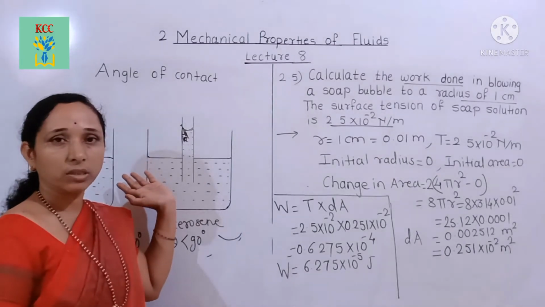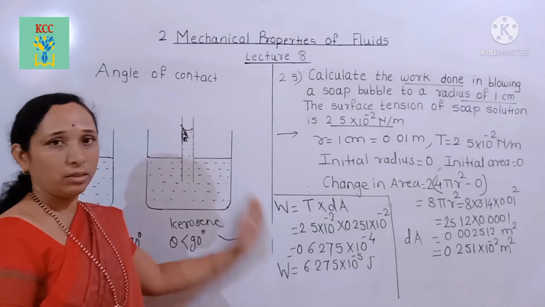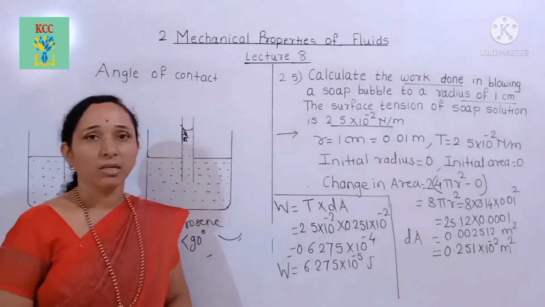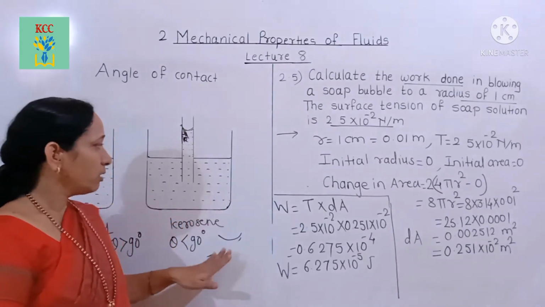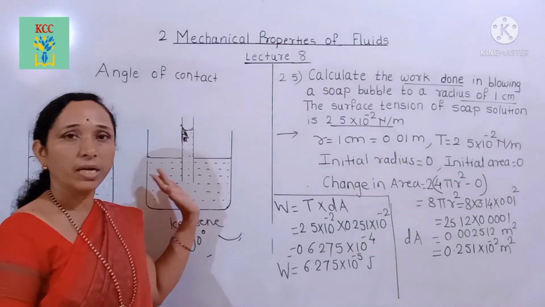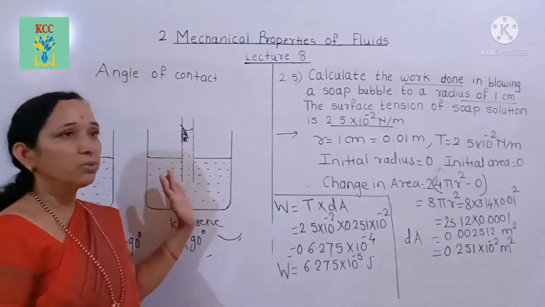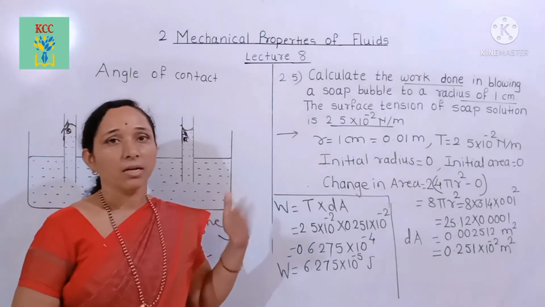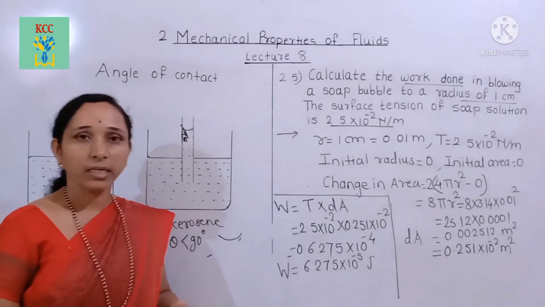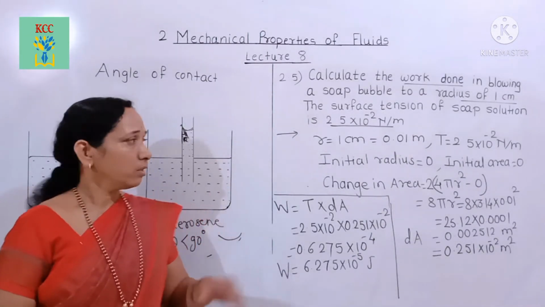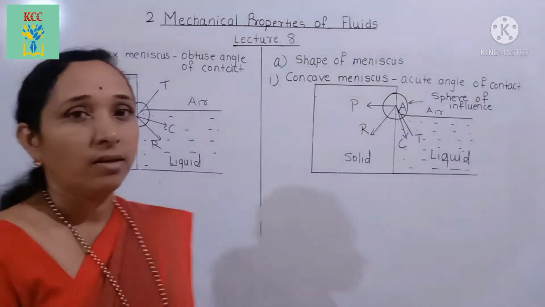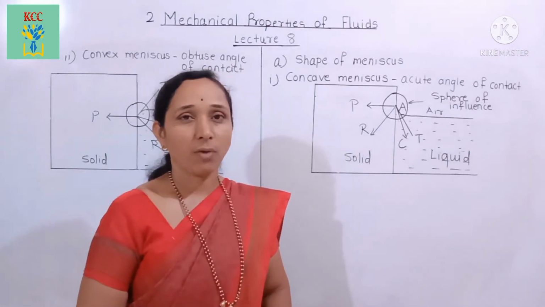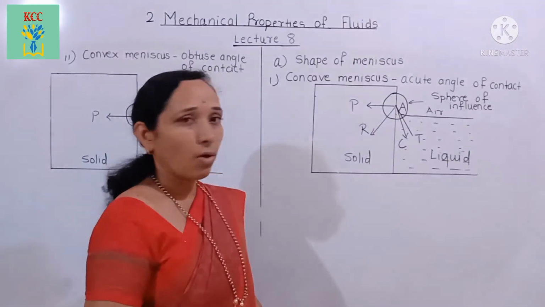That net force, it lies in a solid or liquid. On that it depends the surface of a liquid. That is the menisci of liquid surface depend upon the net effective force which arises due to the cohesive force and also adhesive force. And how it is the net effective force, we see again. Now we see how the liquid surface, that is shape of meniscus, is concave or convex.